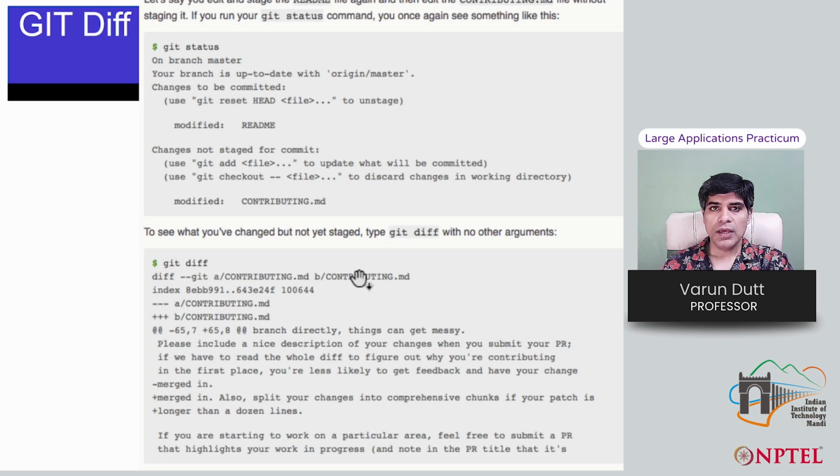You can see it gives certain annotations to the two files, and then it shows what lines of code have been removed and added in one file over the other.